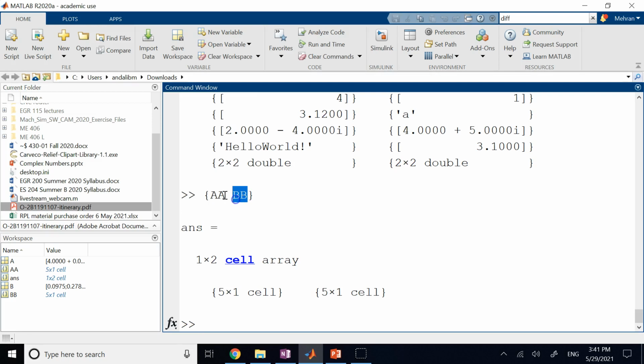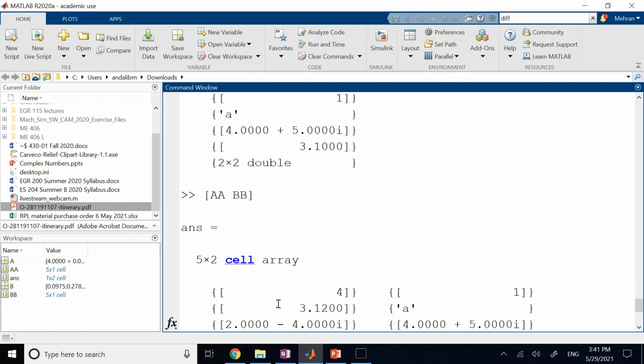So now the result here is a 1 by 2, if you look, where each entry in that 1 by 2 is a 5 by 1. Did you see? So the result is a 1 by 2, where each cell in that 1 by 2 itself is a 5 by 1. So it did not really merge them together. It just encapsulated the first one, encapsulated the second one, and then put both of them in a new capsule,